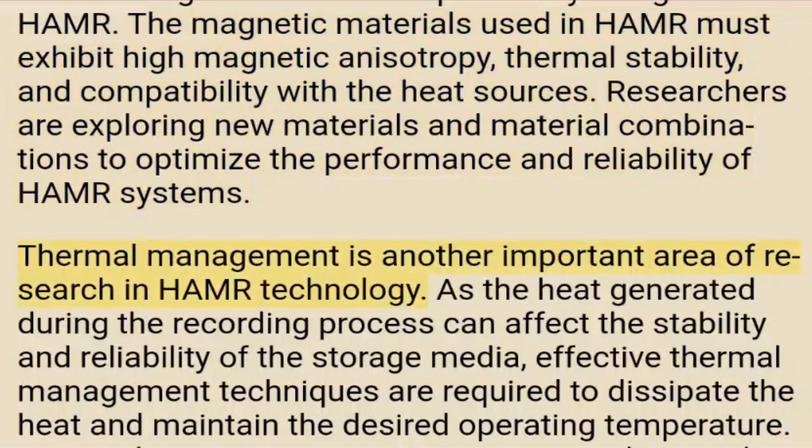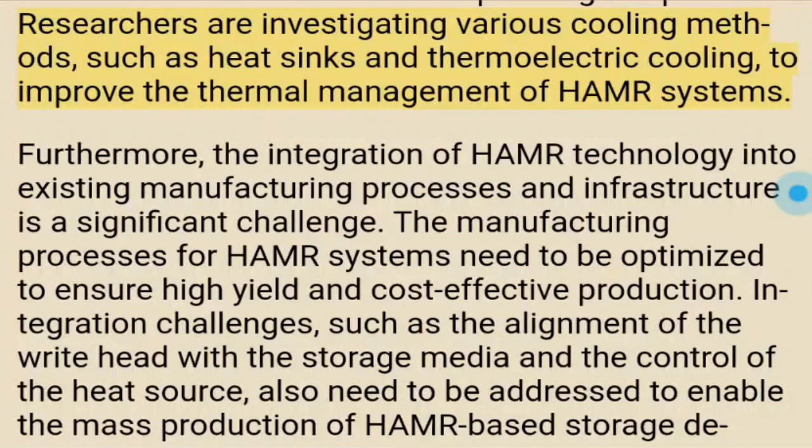Thermal management is another important area of research in HAMR technology. As the heat generated during the recording process can affect the stability and reliability of the storage media, effective thermal management techniques are required to dissipate the heat and maintain the desired operating temperature. Researchers are investigating various cooling methods, such as heat sinks and thermoelectric cooling, to improve the thermal management of HAMR